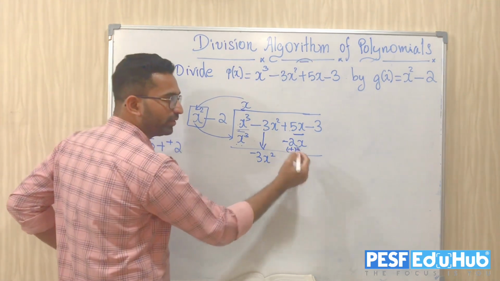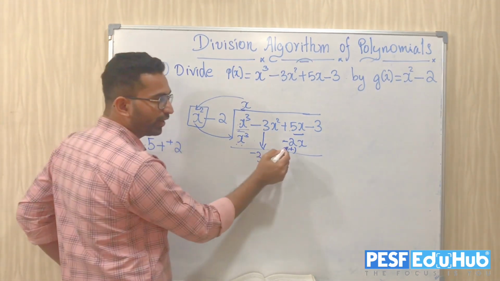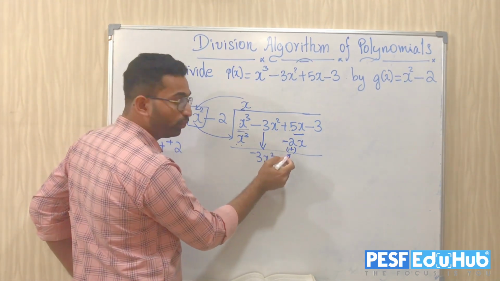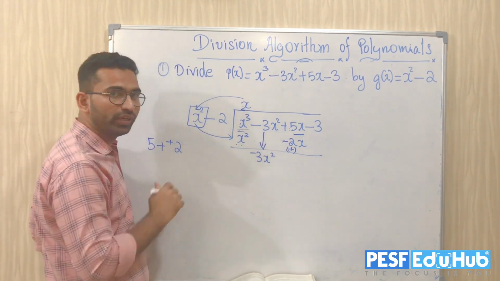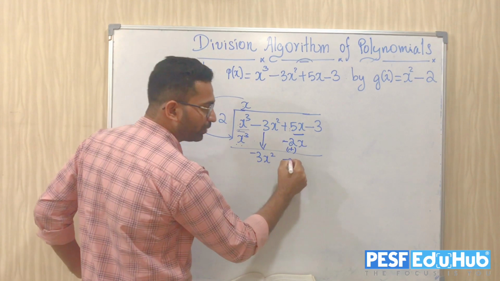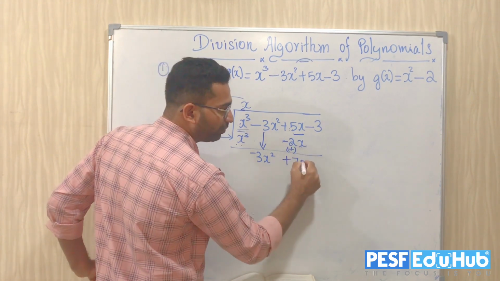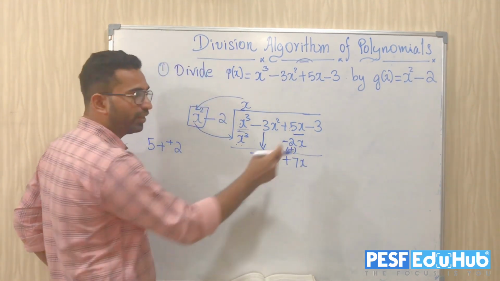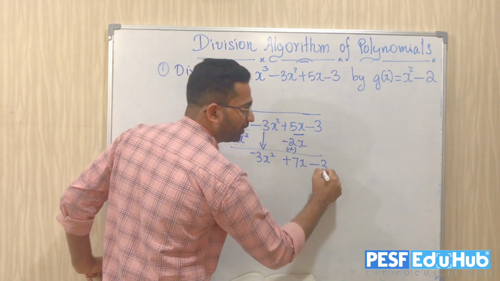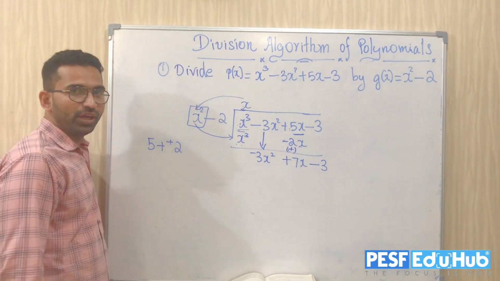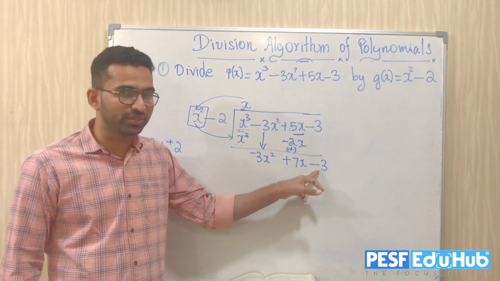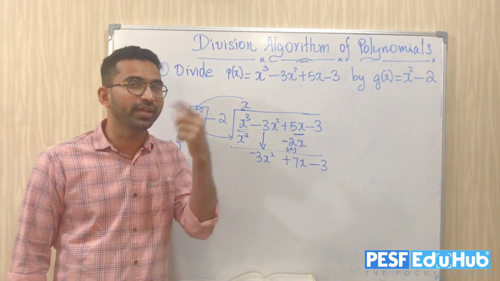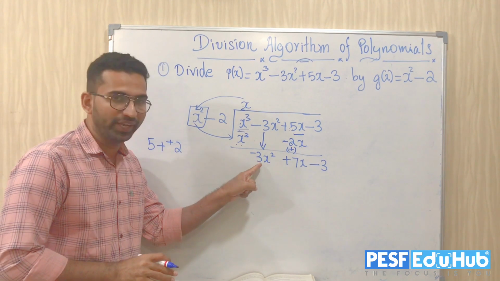That is what I have written here. So in fact, finally you have to do which operation? Addition operation. Means 5 and 2 you just add, you will get 7. So is it positive 7? And what is the variable? X. Okay, then what is left here? Minus 3. Minus 3 I am writing as it is. Now as I asked you, minus 3x square plus 7x minus 3. So what is the term containing the highest exponent? It is minus 3x square here.